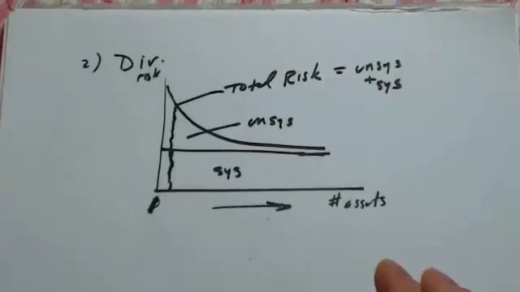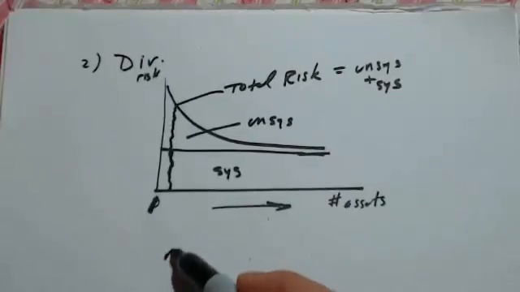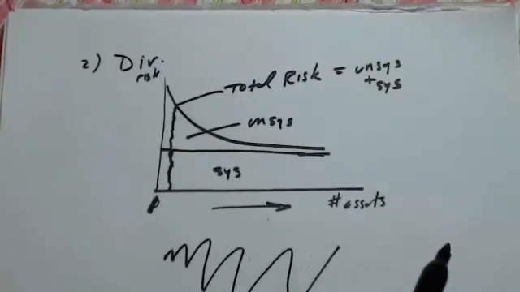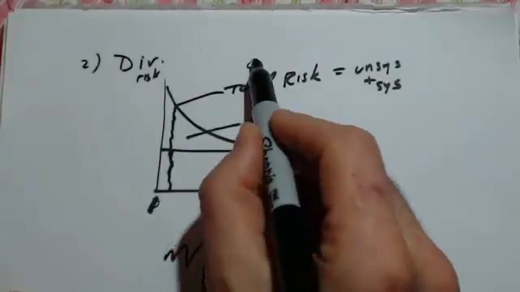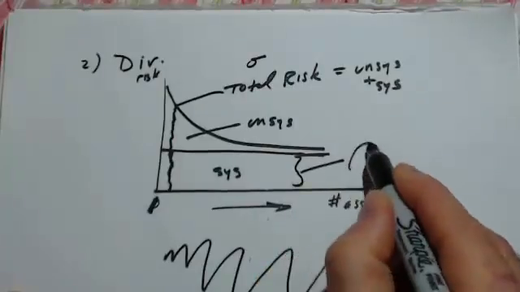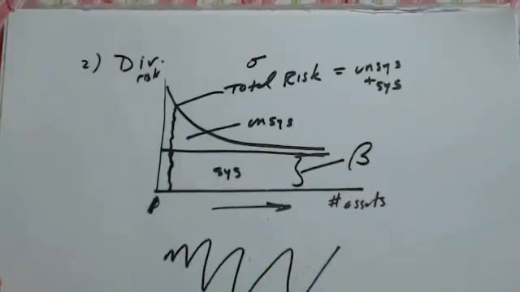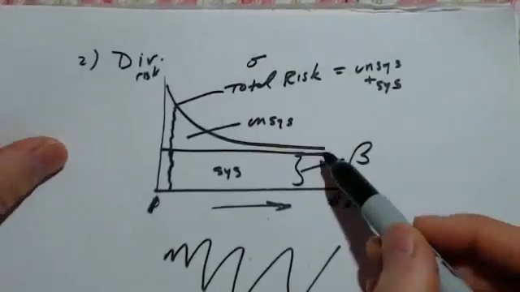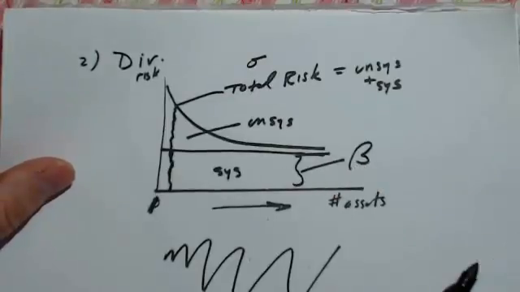So if you think of the S&P 500 as a good benchmark for the overall market, you hold the S&P 500, take a look at the charts. The S&P 500 bounces around quite a bit, but not as much as an individual stock. And so this total risk is measured by sigma, your variance of your portfolio. Your systematic risk is measured by beta. And we'll have a lot more to say about that in later chapters. But the benefits of diversification are really important in a mutual fund,